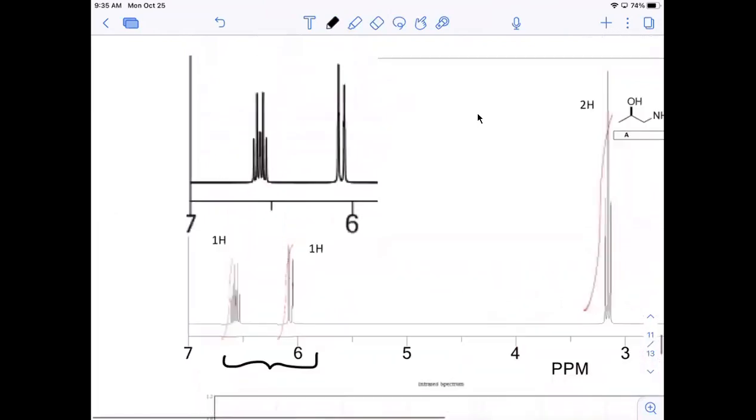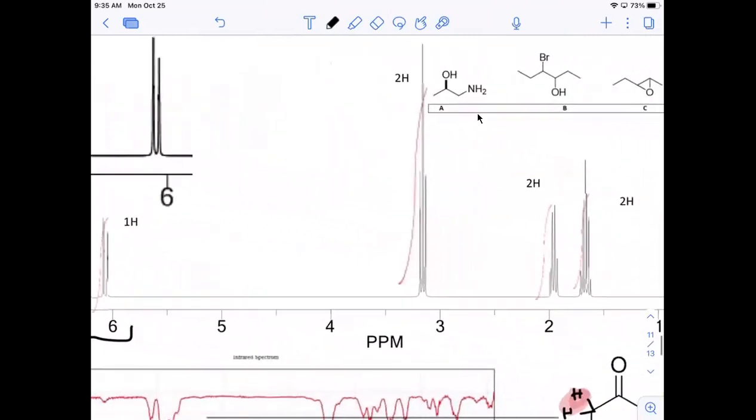And this is blown up, a zoom of that section. So you can see one of them is a doublet. The other one is some weird looking signal. It's actually a complex pattern, like something we haven't seen before. So we're going to talk about that. All right. So let's look at